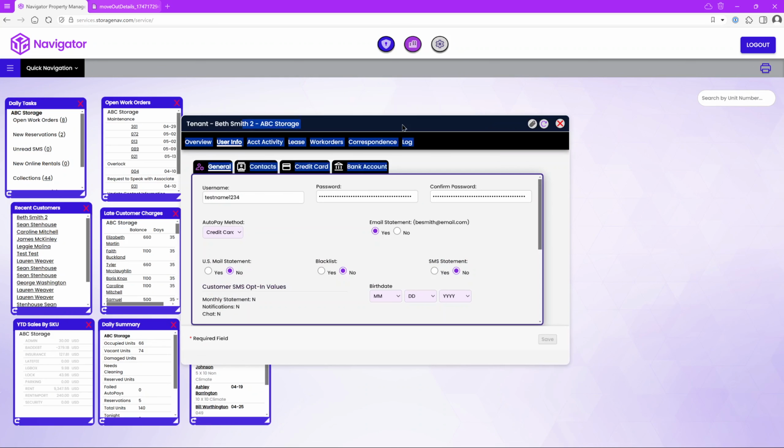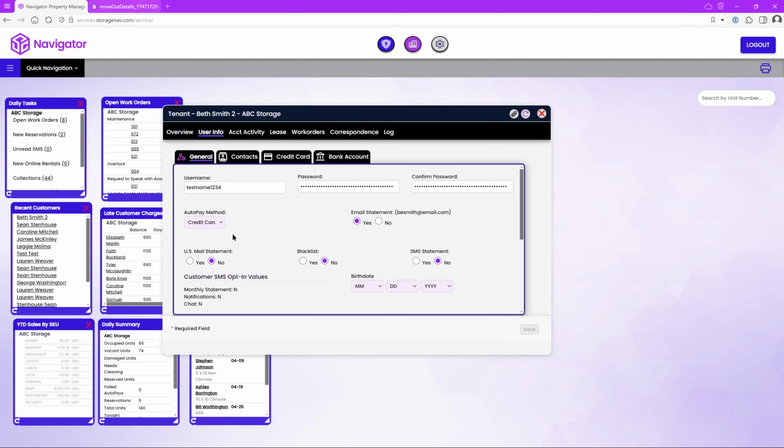Okay, so that was the user info. We're going to take a look here at the auto pay method. When this is set to net, that is really an accounting term. It just means you'll be sending them a statement and expecting money back from them. Credit card or bank draft is how you'll turn them on to autopay. So really net is off for autopay, and then credit card and bank draft will set them to use that